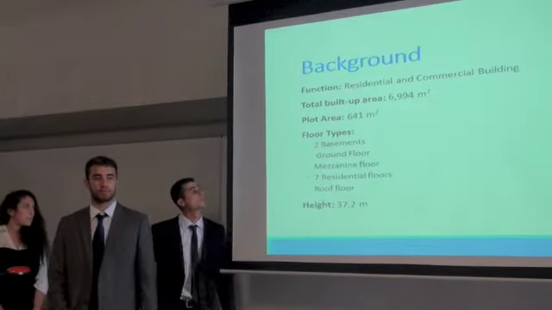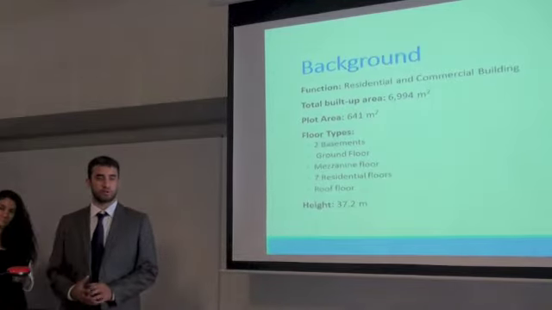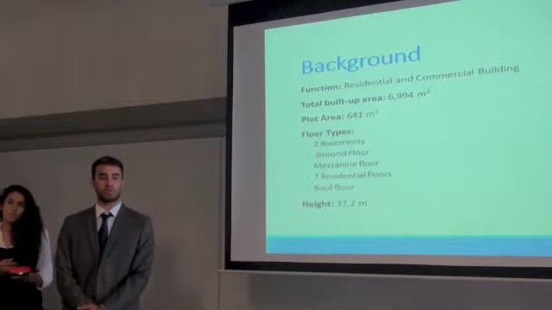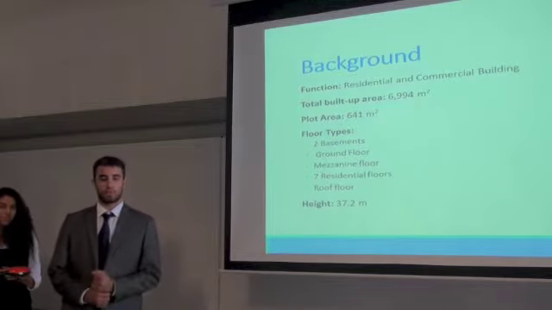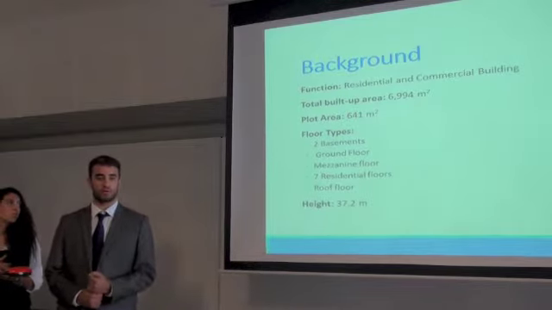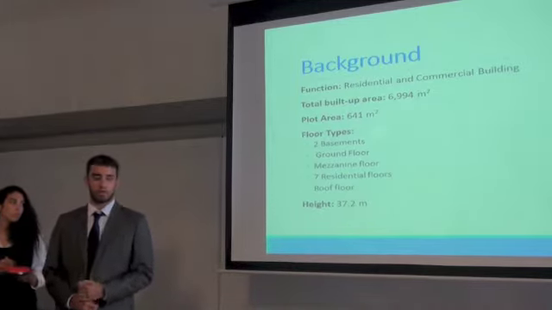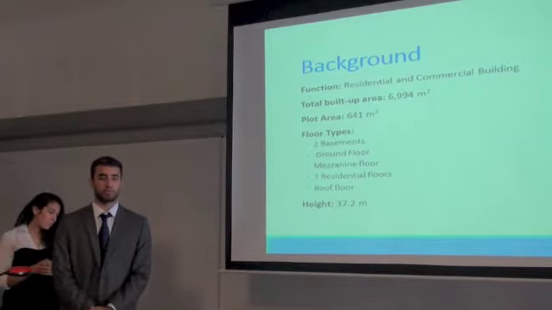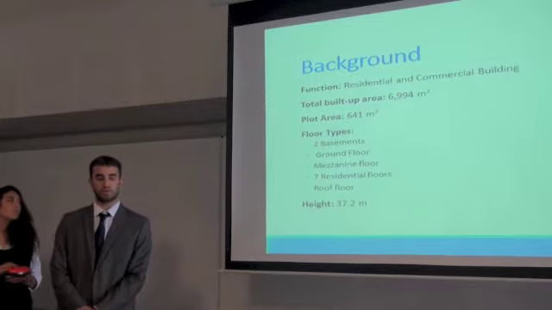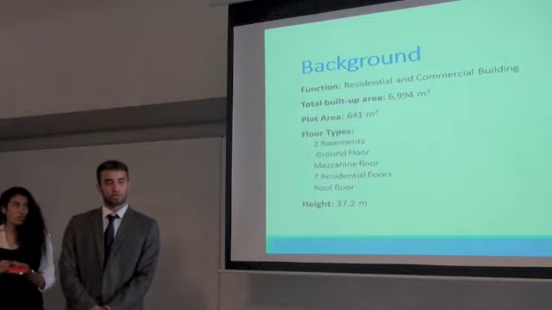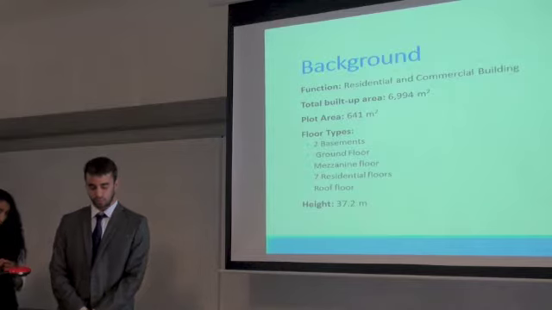Please allow me to start by providing some general information, just to give you a feel about our project. Our structure is a multi-story building that is to be located in the fifth settlement, New Cairo. The main function of the building is to act as a commercial center, which should be confined to the lower levels, and as a residential complex. The plot area of our building is approximately 640 meters squared, and the total built-up area is almost 7,000 meters squared. The building includes two basements, one of which would contain a water tank, a ground floor, a mezzanine floor, 7 residential floors, and a roof floor. The total height is approximately 37 meters.